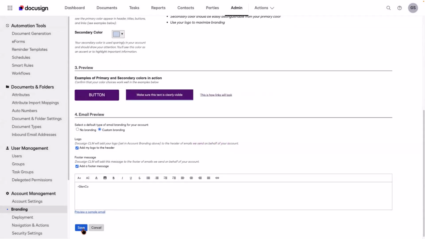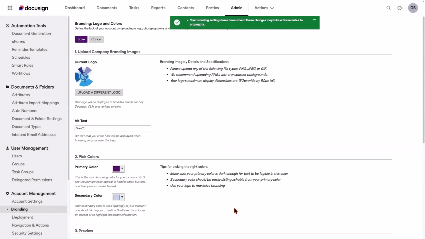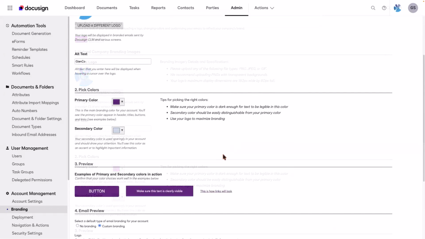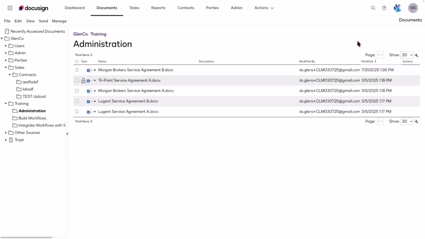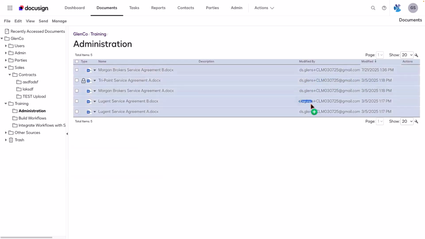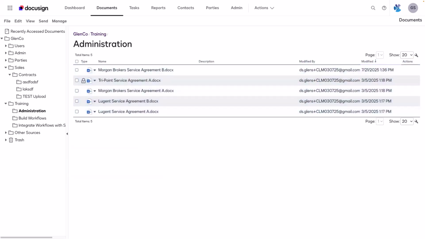I'll go ahead and click on Save. That's it. That's all there is to brand your CLM account. You'll see a notification at the top there that your requested updates will process shortly. After a few minutes, you can click through your CLM account like this and review the changes you've made. You'll notice that there's a logo showing up here at the top. You can see if I drag an item into here, it's taking on my secondary color like we saw earlier.